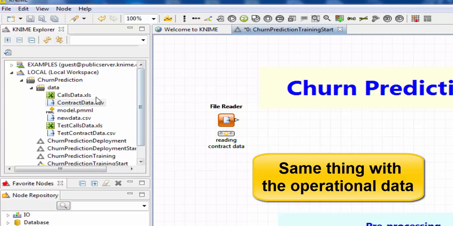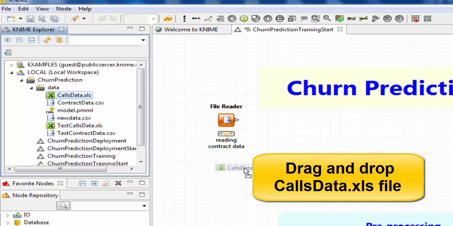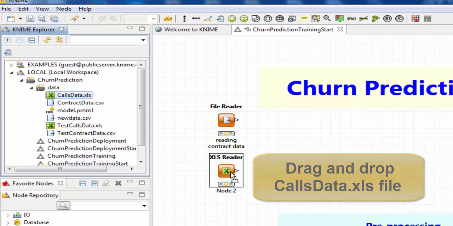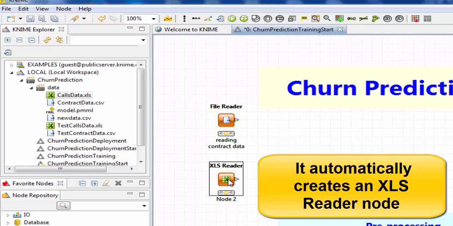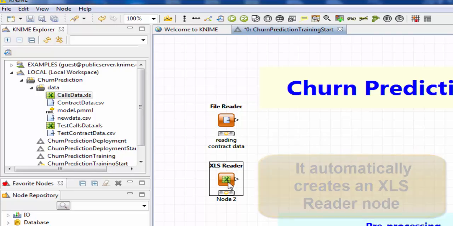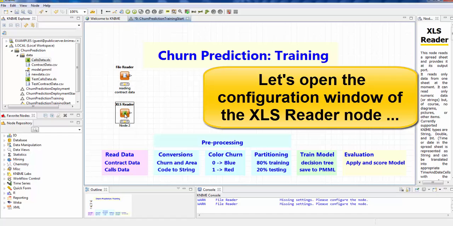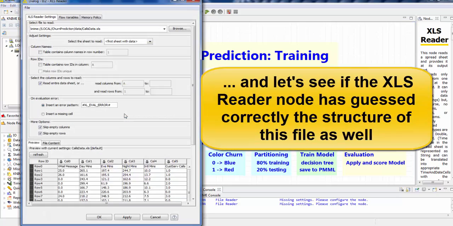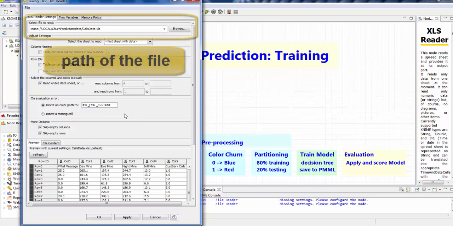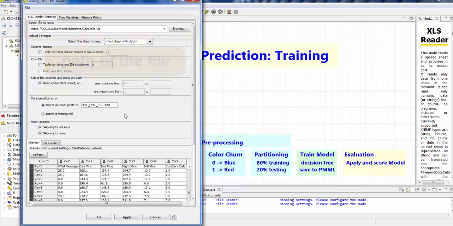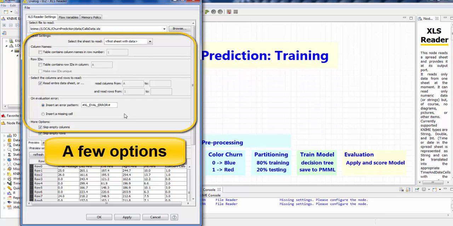Okay, now same thing we do with the operational data. Let's drag and drop the calls data file. This time it is an Excel file, so it automatically creates an Excel reader node. So let's open the configuration window of the Excel reader node and let's see if the Excel reader node has, like the file reader node, guessed correctly the structure of this file as well. So here you see there is the path of the file, so that's correct. Here you see there are a number of default options